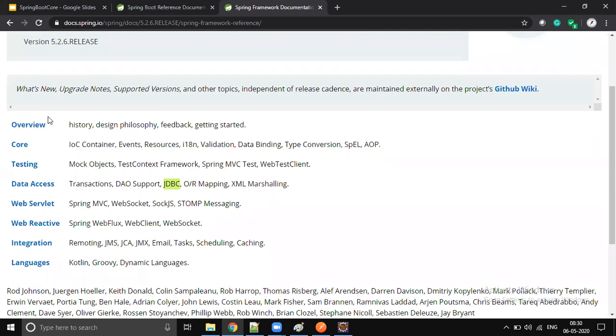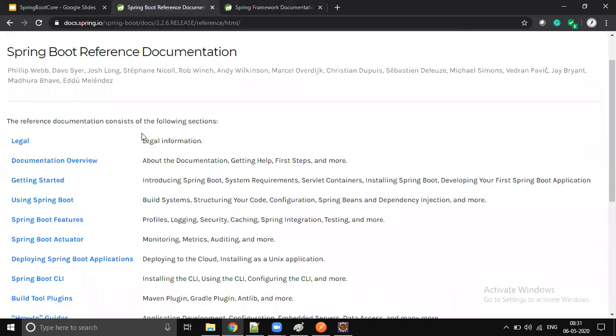So what Spring Boot does is, whatever configuration we would write to develop any RESTful web service or any database connectivity or any web reactive program, or any testing, those will be automated. So most things in Spring Boot are automated configuration. Configuration automation. So you directly start writing the RESTful web service. You don't need to worry what is happening in the background, right? Behind the scenes, what is happening, you don't need to worry.